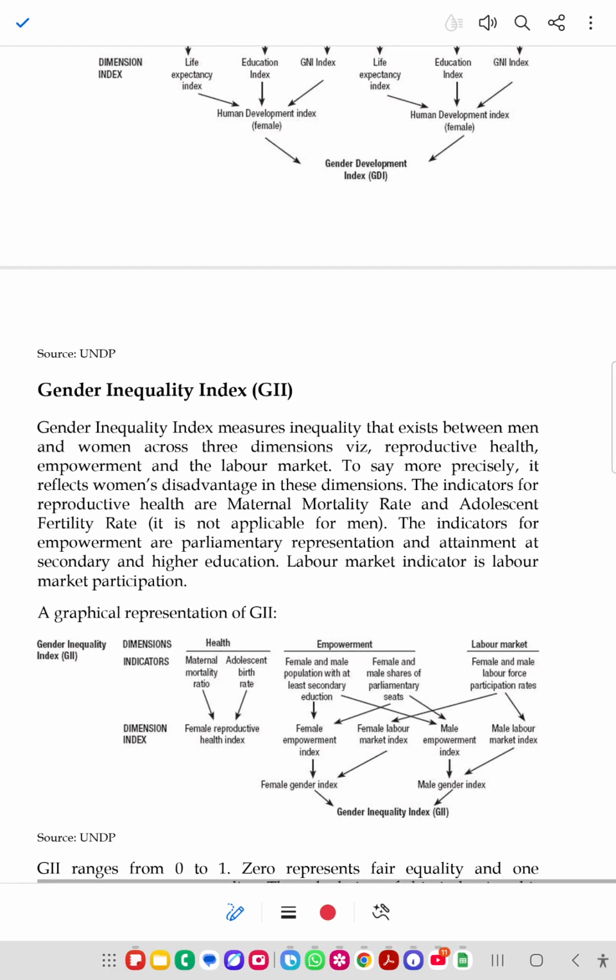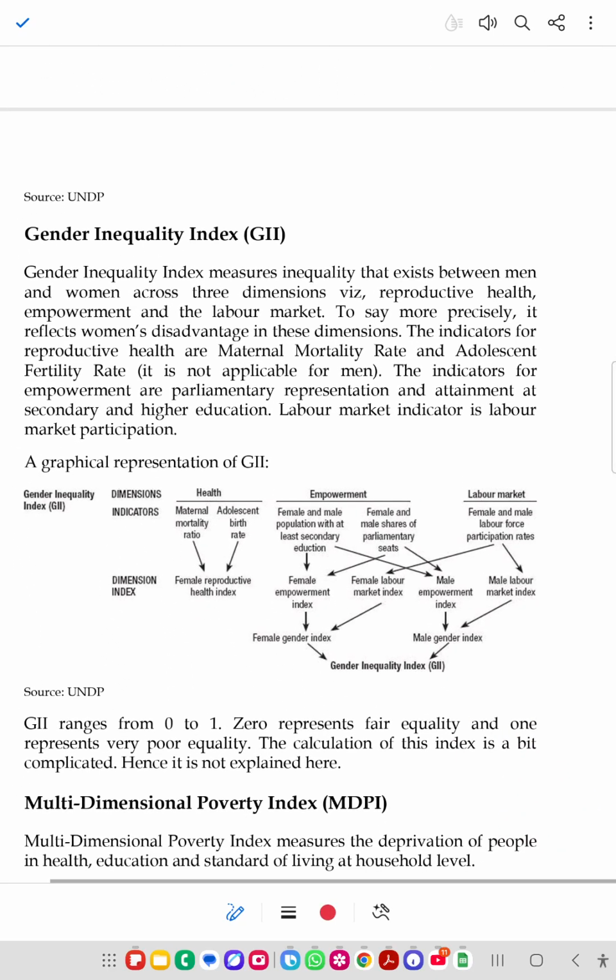Gender inequality index. The gender inequality index measures inequality that exists between men and women across three dimensions, which are reproductive health, empowerment, and labor market. To say more precisely, it reflects women's disadvantage in this